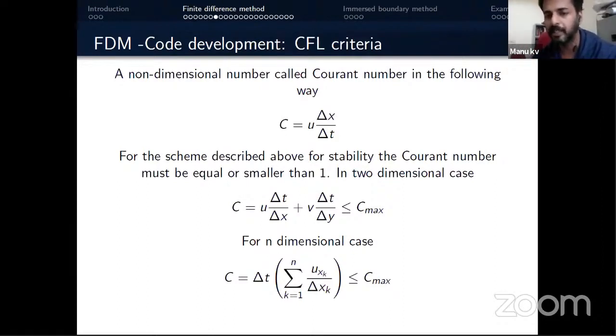You can see one case on the left. In the first animation, we see a low value and we are getting the solution. Once it exceeds a critical value, it blows up. This is one of the important aspects of CFD, the step size calculation prior to the simulation. You can see the Courant number relation. For that particular scheme, for the stability condition, the Courant number must be equal to or smaller than 1. We get this from stability calculation, which I'll try to cover quickly.